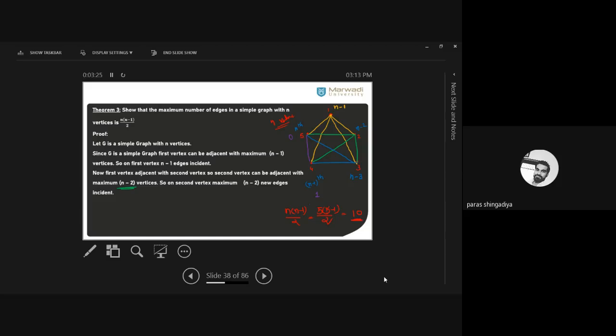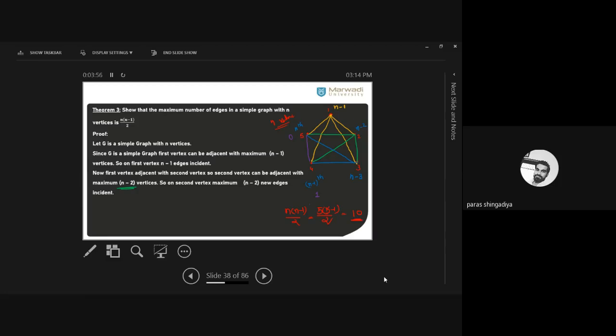Now think for n vertices. How many edges can you create? n minus 3. Now continue this process for the last vertex, the last second vertex. In this 5 vertex graph, the fourth one is our last second vertex; the fifth is the last one. So we can call it the last second, the fourth vertex. How many possibilities for the last second vertex? There is only one possibility, because all the remaining edges are already created. We have already drawn them, so there is only a single possibility: to create 4 to 5.